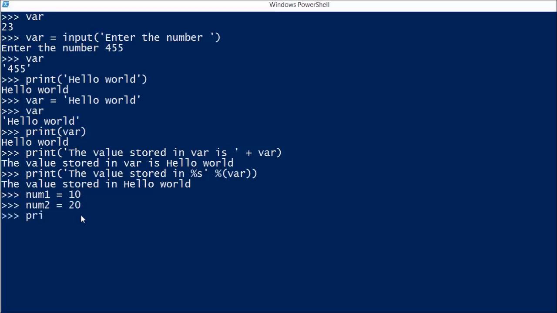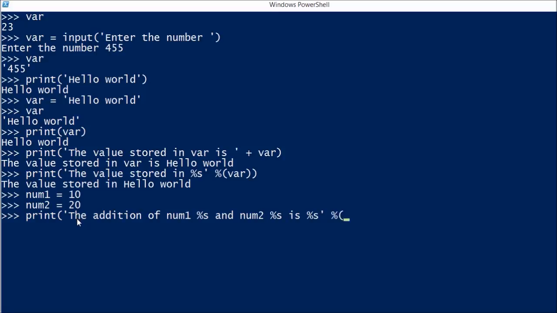Now if I need to write a print statement, I am going to write the addition of num1, which is percentage s, and num2 percentage s is percentage s. After this quotes, I am going to write